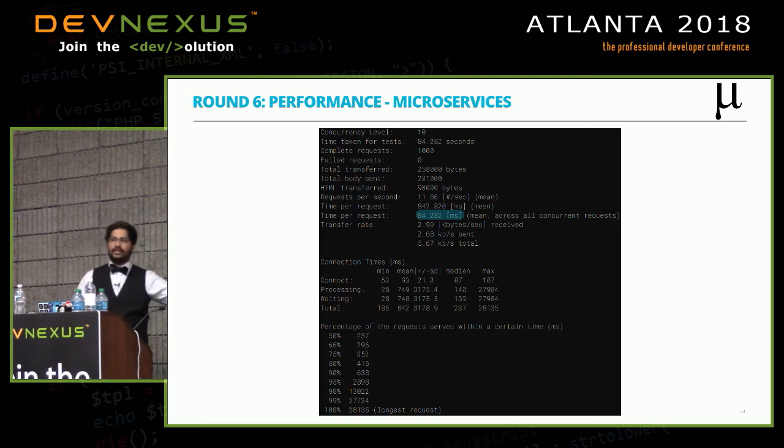For example, we're not even using a real database. We're using an in-memory database for the Java application because we couldn't find a managed database which connected to Heroku. So we're just using H2, which writes to disk locally. So what that means is that you're probably saving 10 to 15 milliseconds on the actual write to the database every single time.